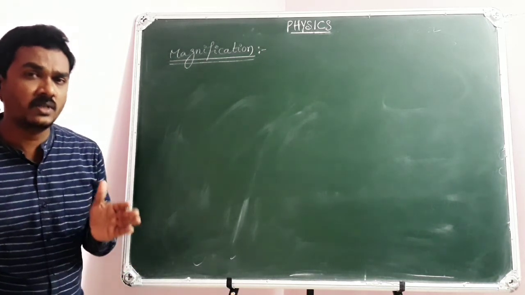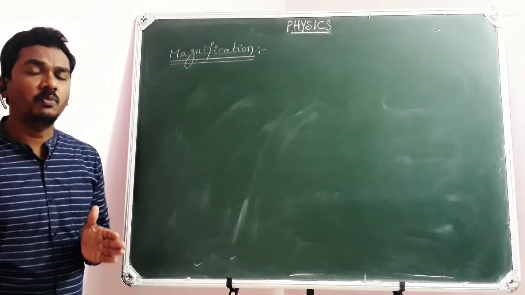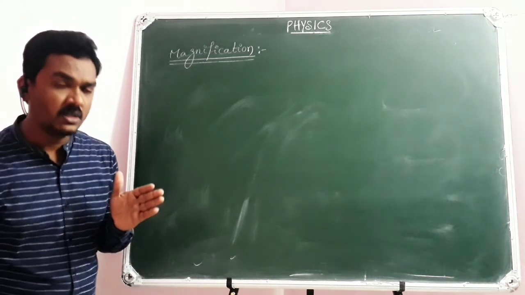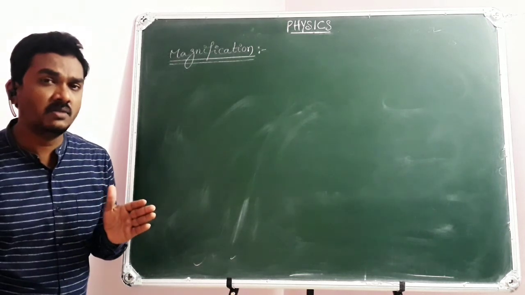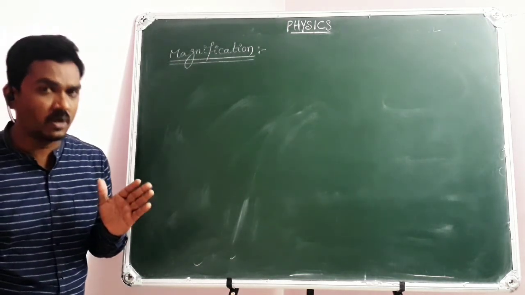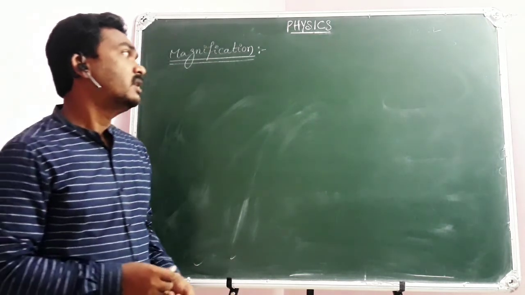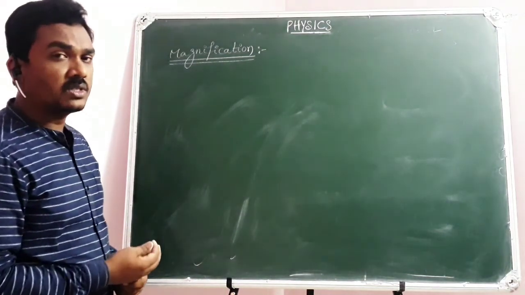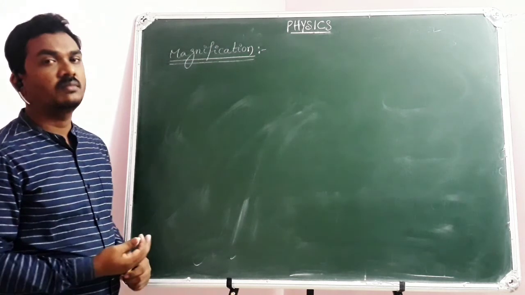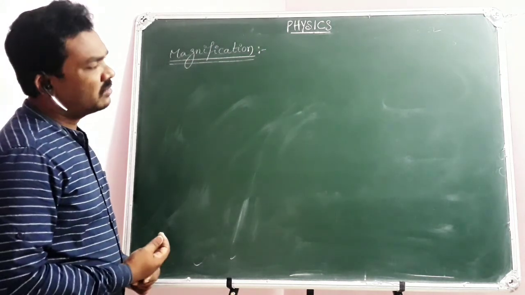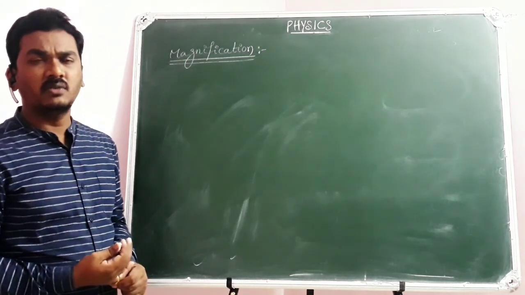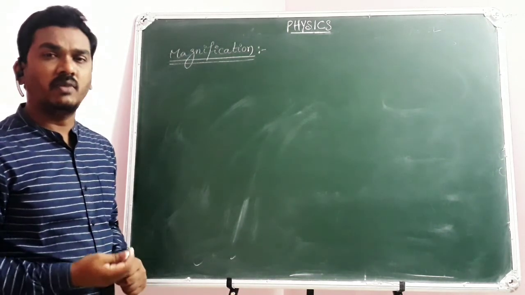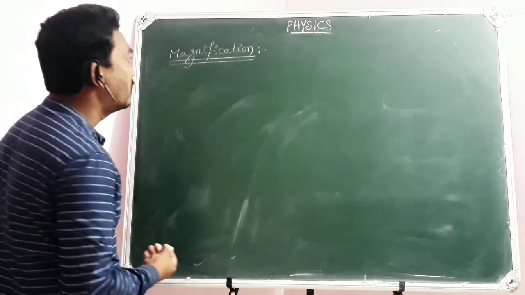Without mentioning anything, if the question is simply about magnification, by default it is transversal magnification, supposing the plane of the object is perpendicular to the principal axis, so that every point on the object will be equidistant from the pole of the mirror. That's the point. Here we are going to discuss the derivation for transversal magnification. Of course, you can derive the equation for linear magnification too, using some advanced mathematical calculation.